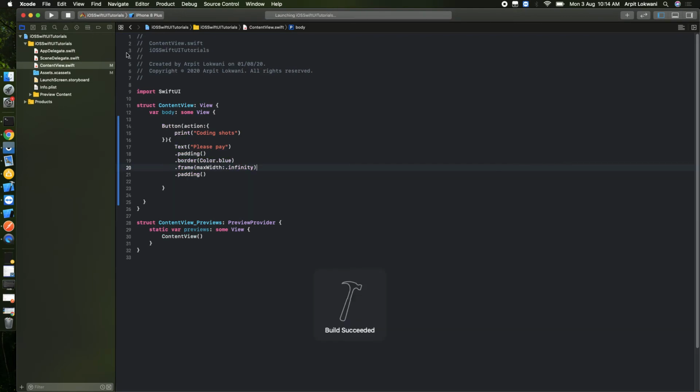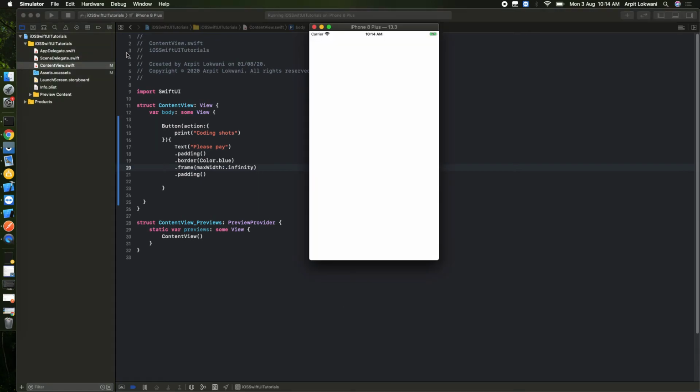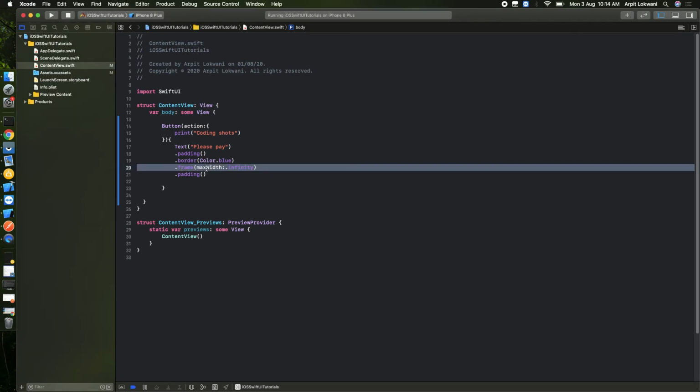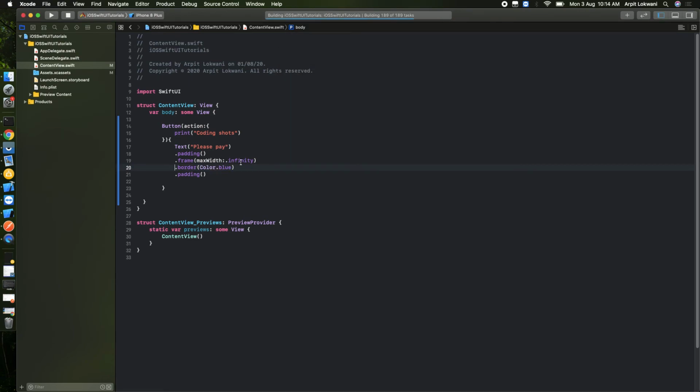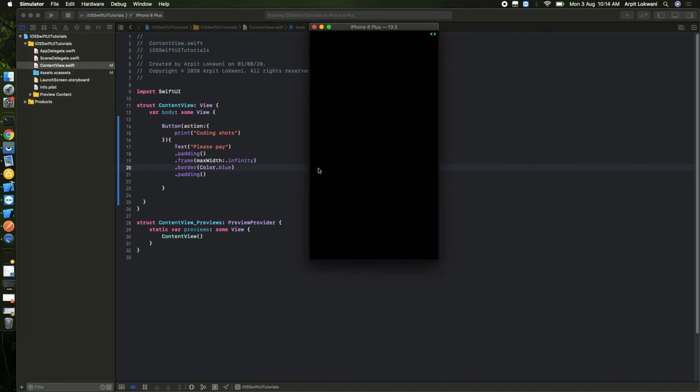Let's see. It should come, right? So what happens? We have created a button, but nothing happened. Infinity should be there, right? Why is it not taking that? We added padding, border color, frame. Oh, extremely sorry. I told you before, this is wrong. Actually, we need to put the frame modifier after the border. Fine. Sorry. Now it should work. So make sure you are going in the right direction. It's okay, it's a new language, so it might take time for you guys as well. So let's see now.